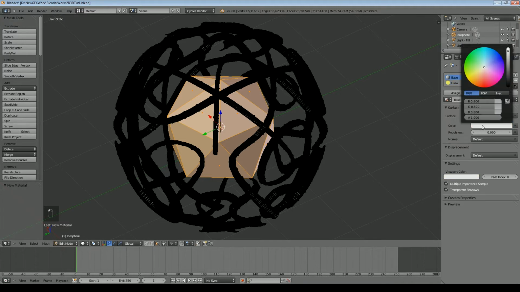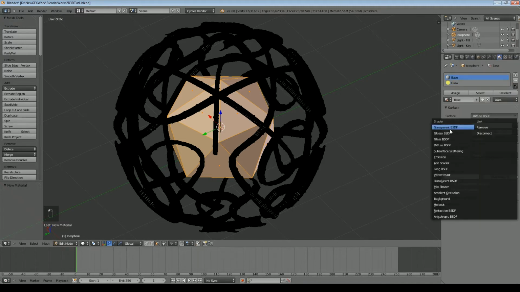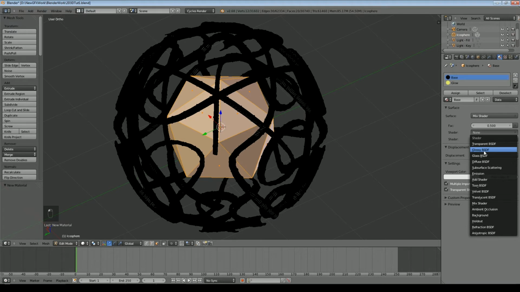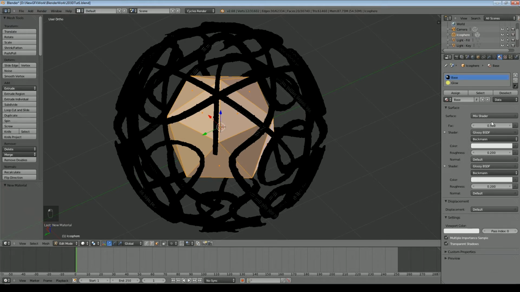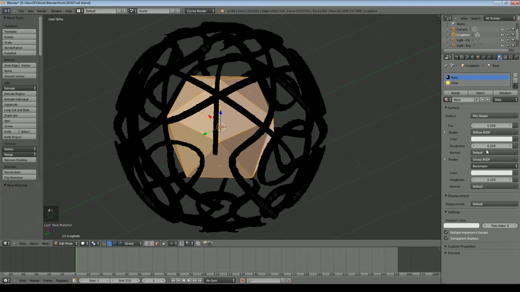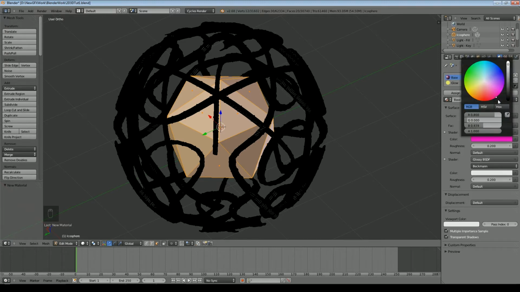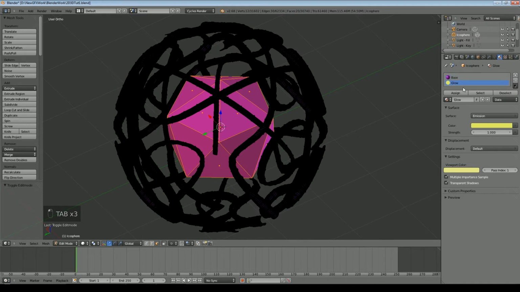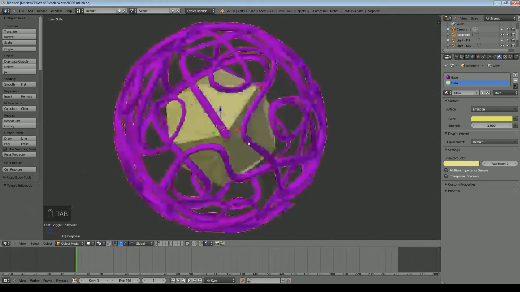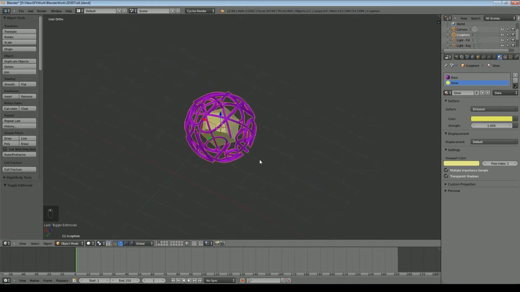So we'll go back to my base color and we'll make this a mix shader. We'll give it a glossy. In fact, I'll put the glossy on the bottom. Doesn't really matter, but that's just my habit. And a diffuse on the top. Give it a sort of purpley color and make the reflections relatively low. And what we need to do is go to our glow color and assign that. So now you can see we've got our strange alien object.